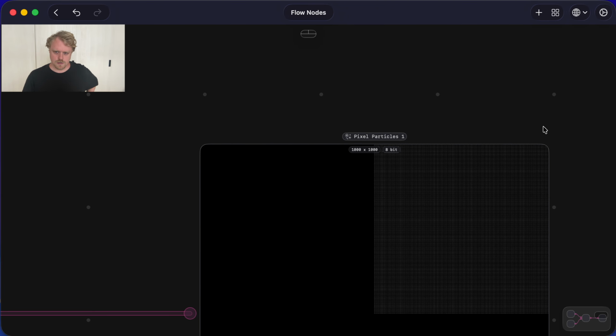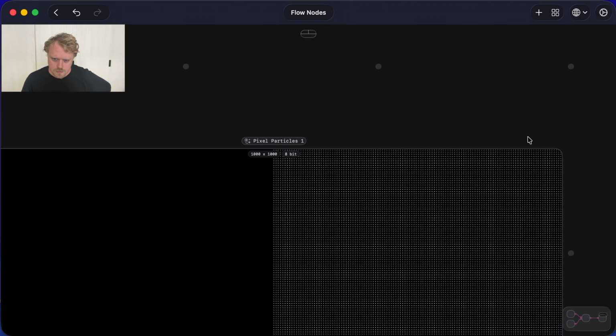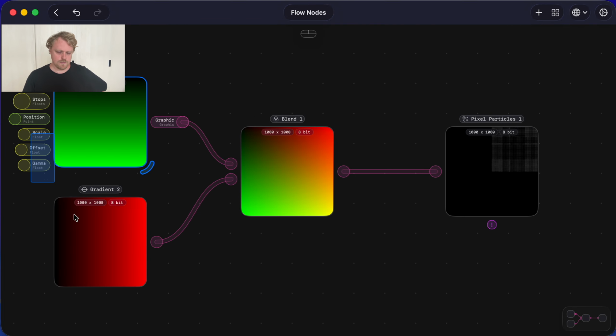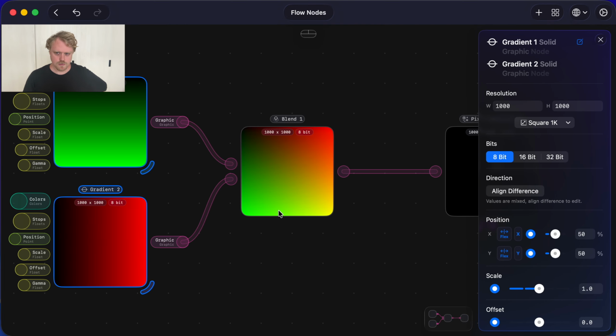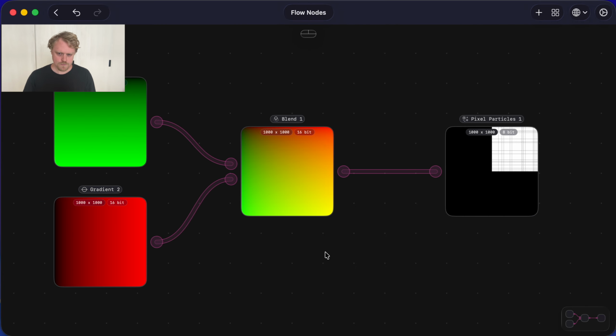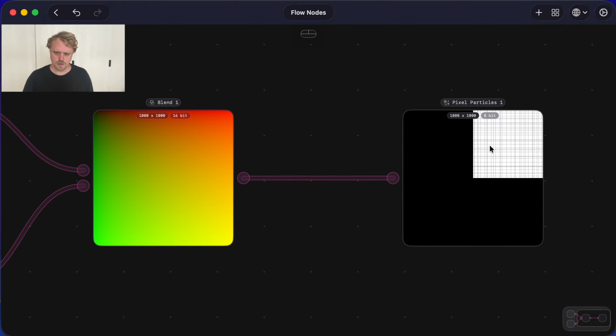So that currently the particles are a little bit quantized. So we will select both of these nodes and change them to be 16-bit or 32-bit. So we'll start with 16-bit. Okay, so now the pixel particles are looking a little bit more fine-tuned, but they're all in the top right